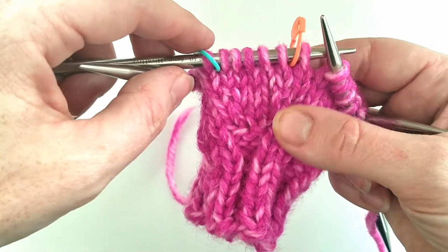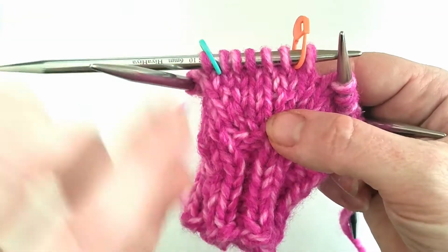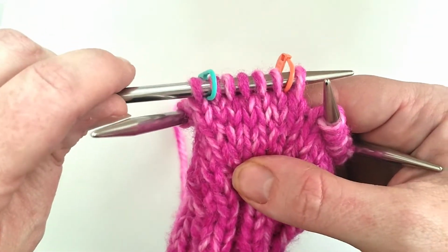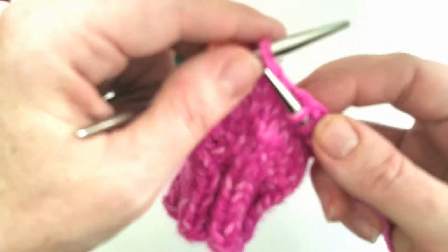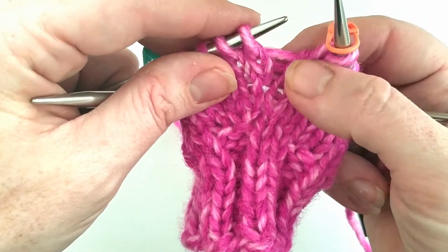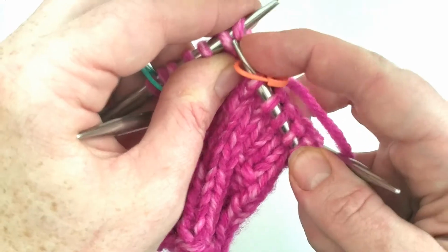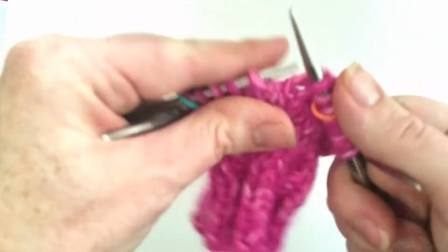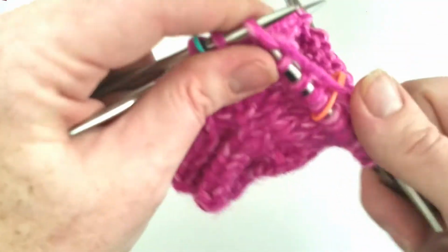Okay, so we are back. We're going to get ready to do the 3rd increase here, so you can see how the thumb gusset is taking shape after I knit another 2 rows between this one. So this is the 3rd round since the last increase. You can see that triangle taking shape there. So that first stitch between the stitch marker and the first stitch of the thumb gusset, we're going to make 1 right. So pick up from behind, knit into that front part of the stitch, and then we'll knit across all of the rest of the 5 stitches